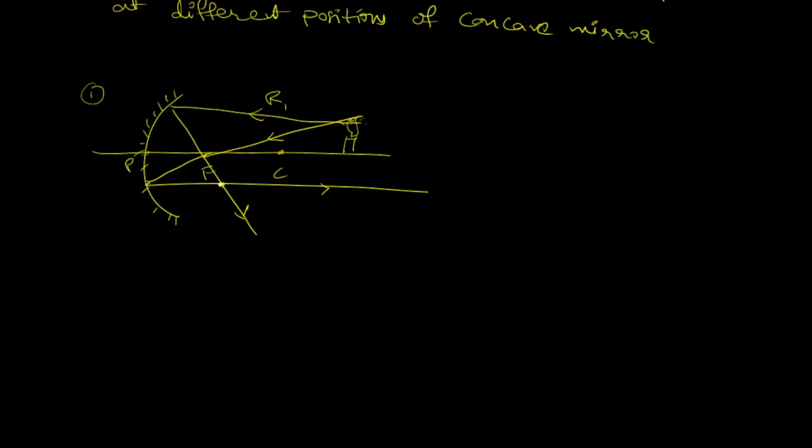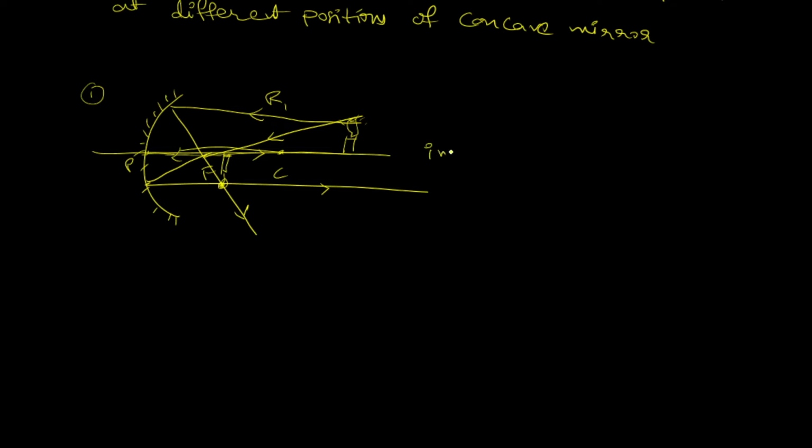Here we will have the tip of the image and the base of the image will be on the principal axis only. Why? Because the rays which are passing through the principal axis will always trace the same path after reflection. Okay, therefore we will have the image of the base on this principal axis only. Okay, here the image is formed